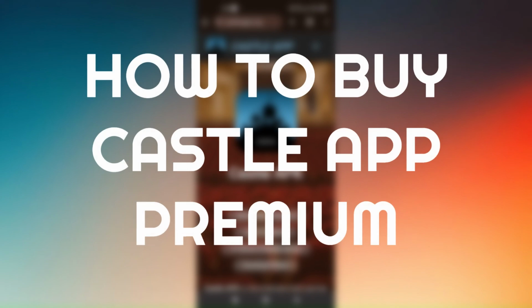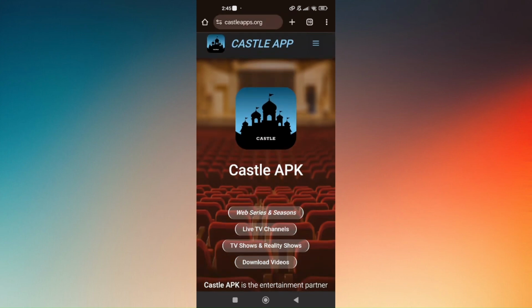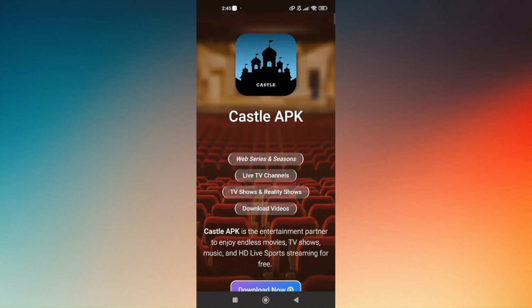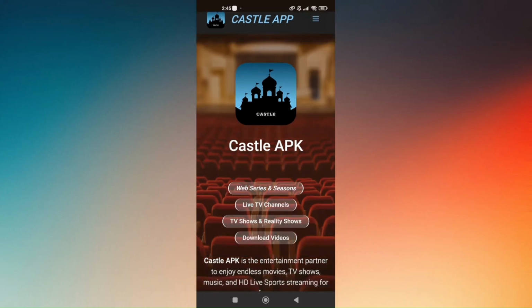How to buy Castle app premium. Now, first things first, you won't be able to find the Castle app via the iOS or the Google Play Store. Instead, you'll have to use your browser and head directly to castleapps.org. And once you're here, you will be redirected to this site in which you will have to